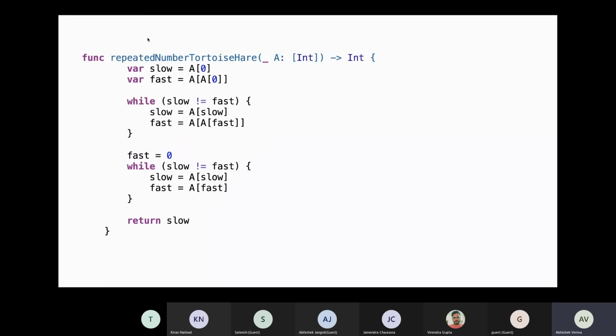Basically, it is the same approach we follow to detect a cycle in a linked list. Like we set our tortoise to jump one position, and our hare, like our rabbit, to two positions.